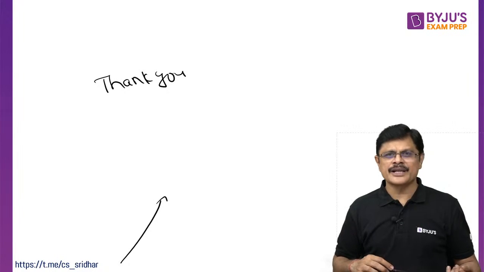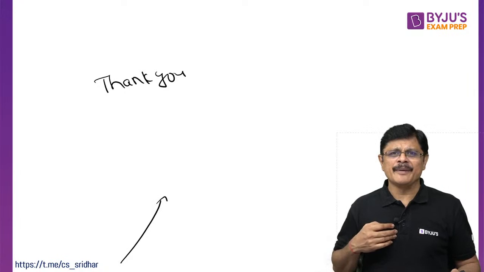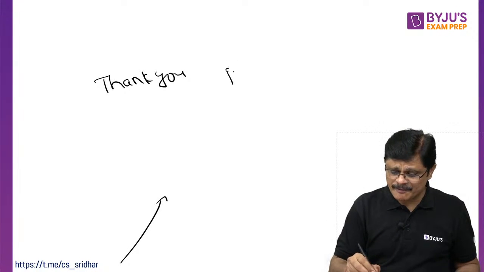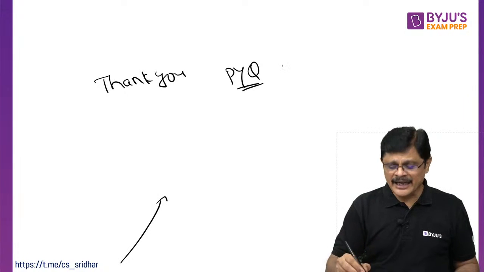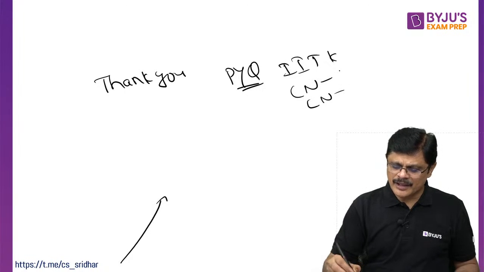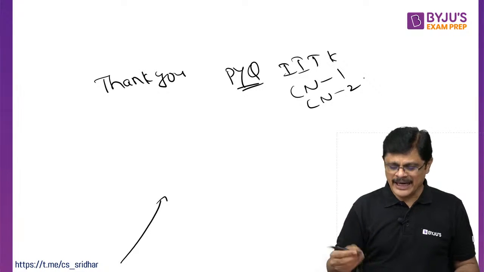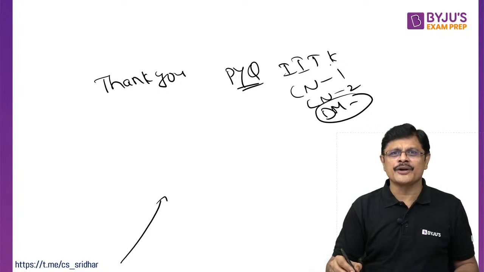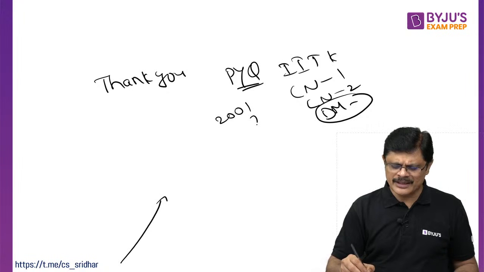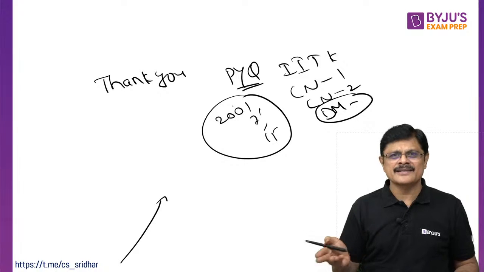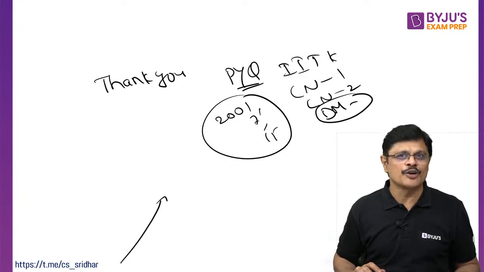Of course, there is some PYQ series coming up. Maybe today, I think computer networks today and tomorrow. PYQs of IIT Kanpur are completed. CN1, CN2, Ankit Doila sir will be taking today and tomorrow, and the day after tomorrow, discrete mathematics, complete IIT Kanpur, these years like 2001, 7 and 15 years questions, all these questions will be completed by us. Followed by that, Satya sir will be taking C programming and data structures. Again, next week I will be taking algorithms also, my dear friends.